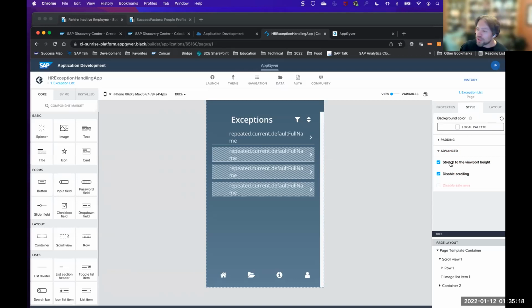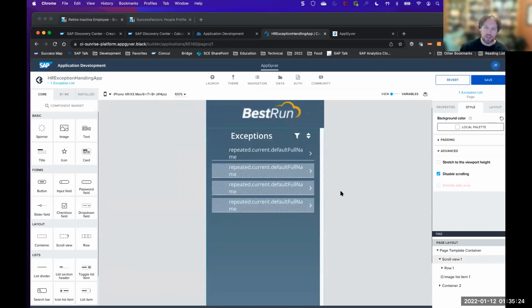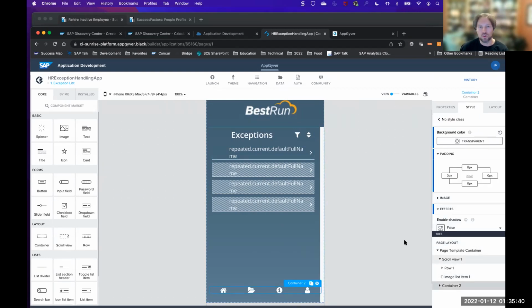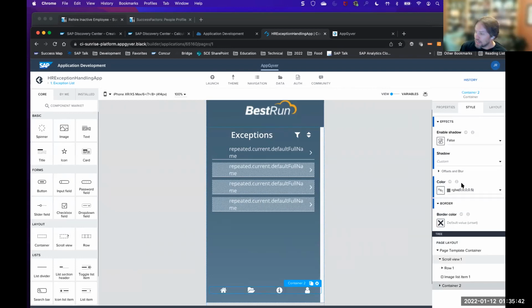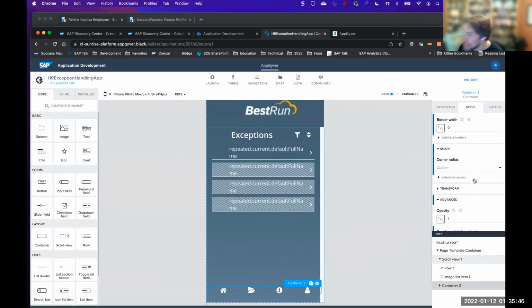But what this allows us to do is say, instead of stacking all these components on top of each other, right, where the last one is, let's actually make the view of this page the same as the height of my canvas, right? And then let's take this container that controls our toolbar, and if I can find it somewhere, we will change the, I